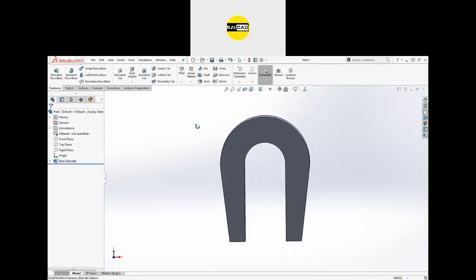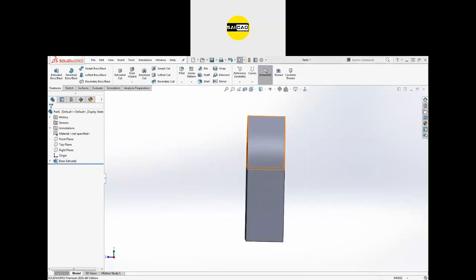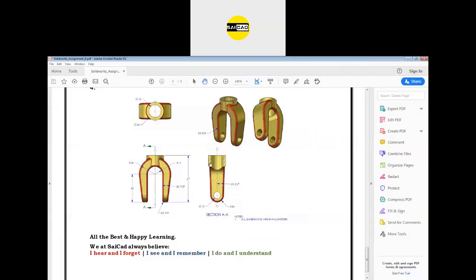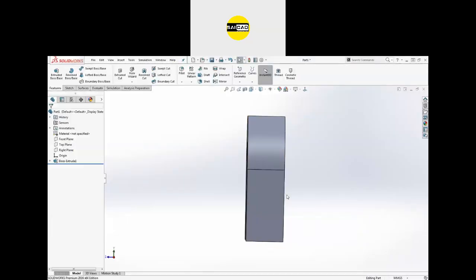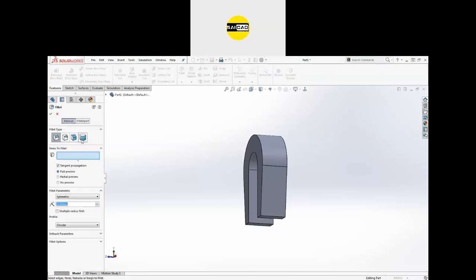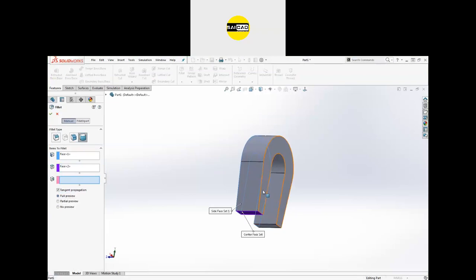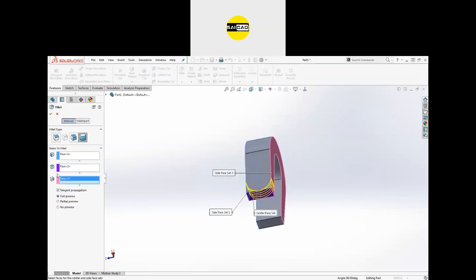So from the front, we have the exact shape, but from the side, we need a different shape. So what is the shape in the side? You can see, if you see the section, we have this shape. It's on an angle. That angle is 2 degrees from the mid, and we have a fillet down here of the radius 10. So to create the fillet, we have the option here, the fillet, that is full round. From here, you can just select this, enter, select this, enter, and select this. Like that you can create.